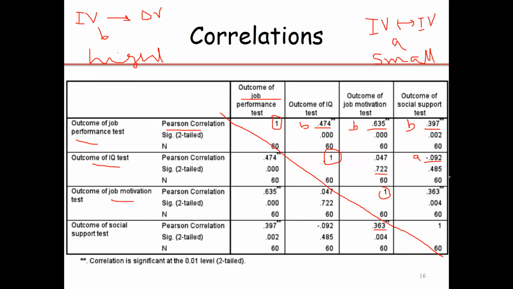In the upper triangular matrix, we have 1, 2, 3, 4, 5, 6 correlations. In the lower triangular matrix, again, we have the 6 correlations, which are the replica of the upper triangular matrix. 0.47, here we have 0.6. One of the important characteristics is that RXY is the same as RYX. That is why these 6 correlations are exactly identical with these 6 correlations.